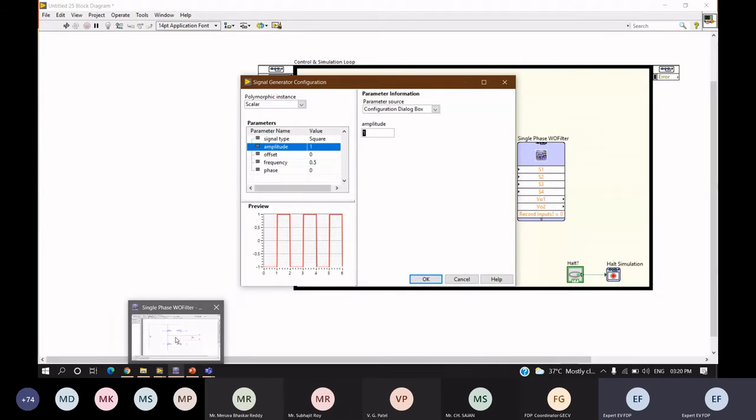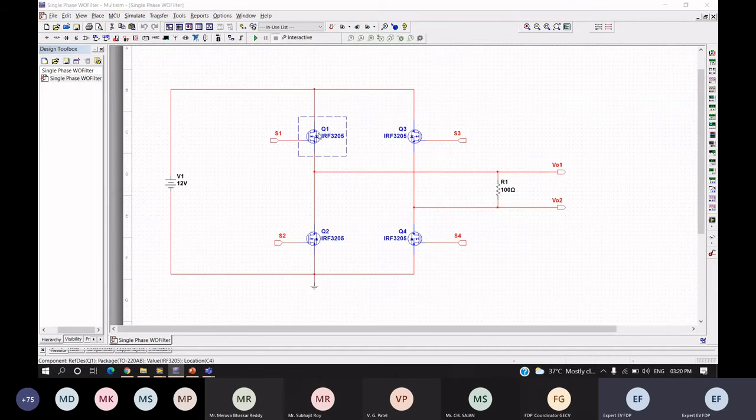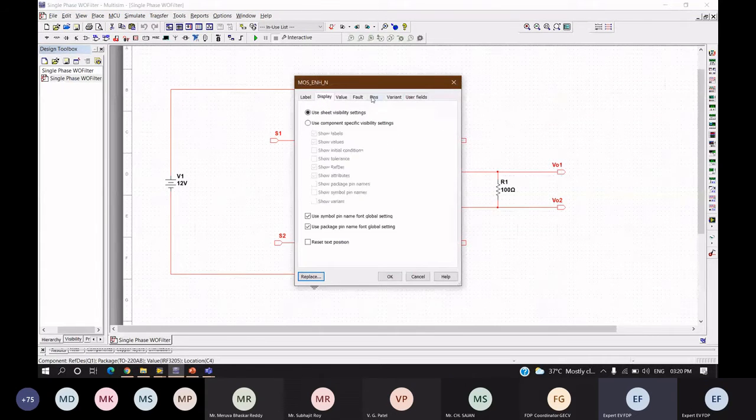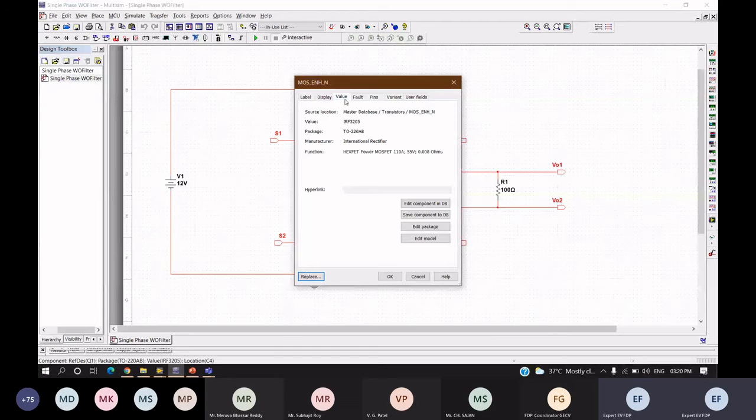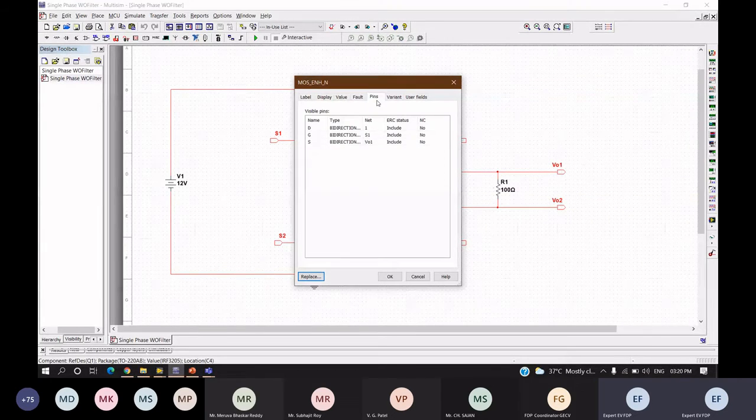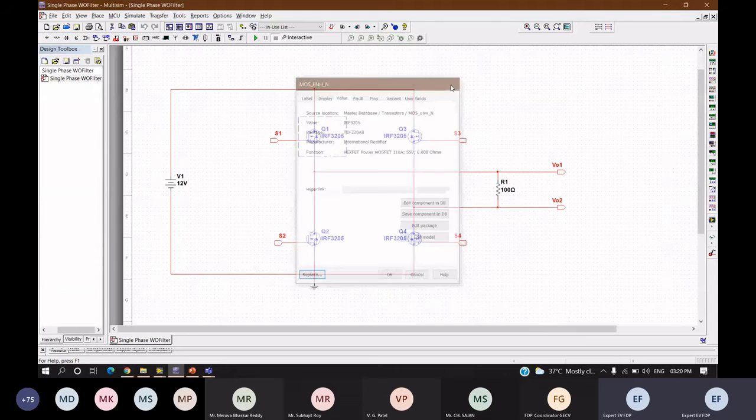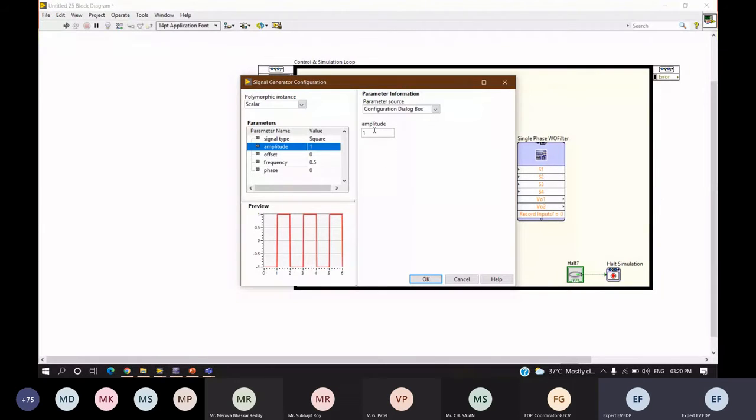So I'll come back to my circuit. If I double tap, this one, I think. This model, right? The trigger voltage is actually 12 or 15 volts, I think. Better I'll provide 15 volts. So for the amplitude, I'm going to provide 15. We have to provide the proper trigger voltage.